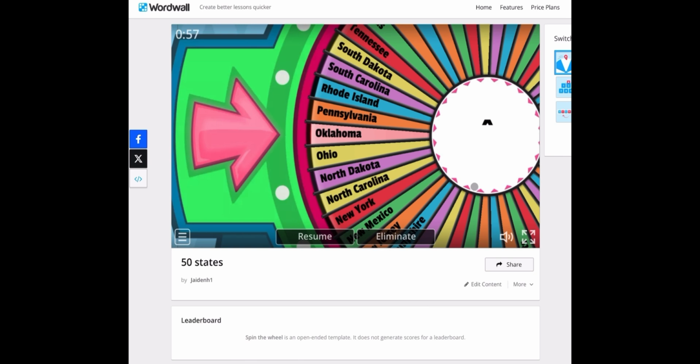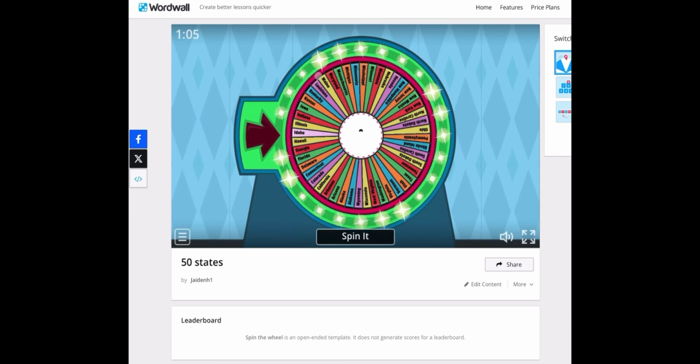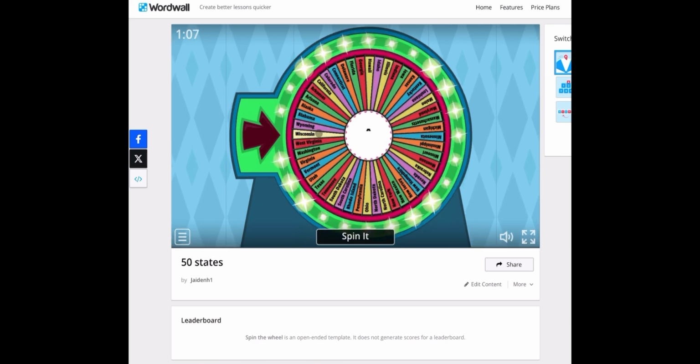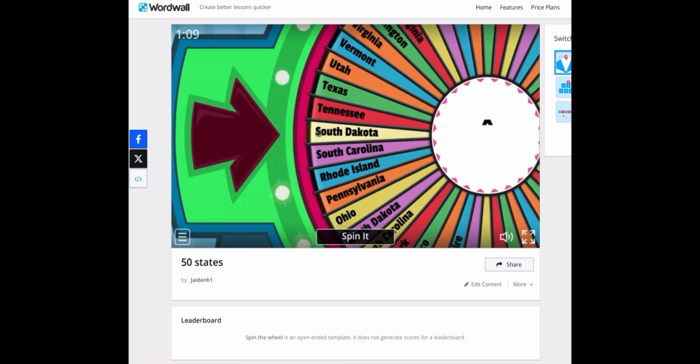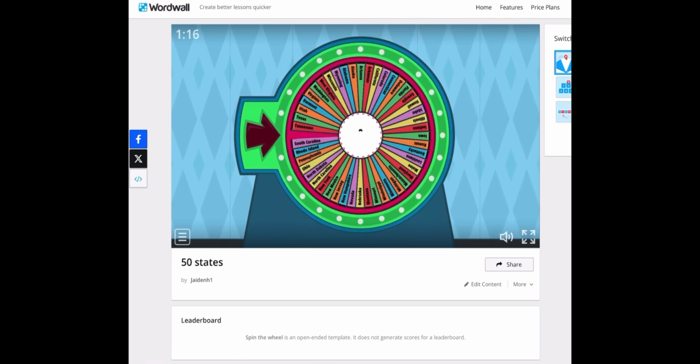Alright, so the next state we are going to be doing is, let's eliminate Oklahoma, and then let's spin the wheel again. So the wheel will decide the third state that I will be drawing is South Dakota. Alright, that's also an easy one. Let's hop on